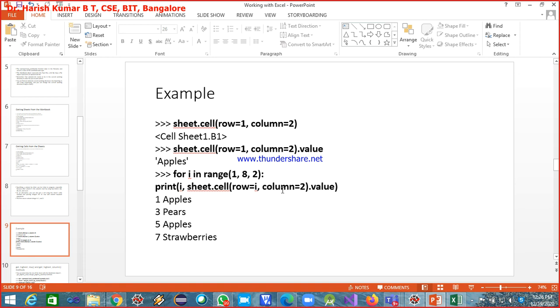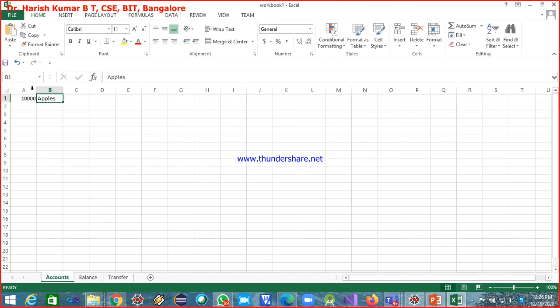The row number is i and the column value remains the same. So I'm accessing in an alternate fashion. Say for example, let me name this as 1. I'll just skip this 2 and say something ABC, and then 3 and say something XYZ. Now all these things I need to access.